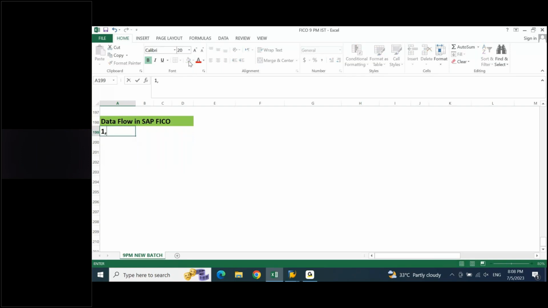Normally, point number one, you will be having business requirement. Point number two, based on the business requirement, you will perform configuration. Based on the configuration, you will be creating master data. Based on the configuration and master data, you are going to post transactions.